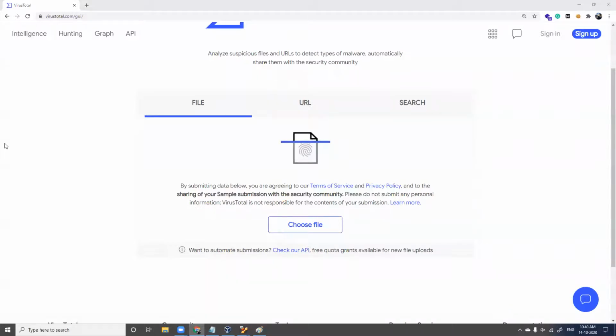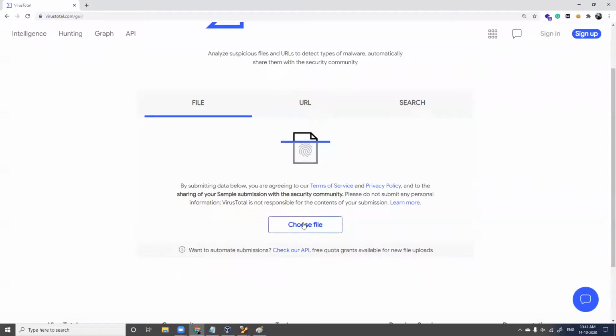Say in case you receive an email, or a file in your WhatsApp Messenger or in your Facebook Messenger, a file which you feel is suspicious, which you don't want to trust, or you want to verify whether the file is genuine or not, be it a PDF file, Excel sheet, Word document, or a JPEG image, or a URL, whatever it might be. You have received something, you want to verify the authenticity of this file, you can come to virustotal.com.